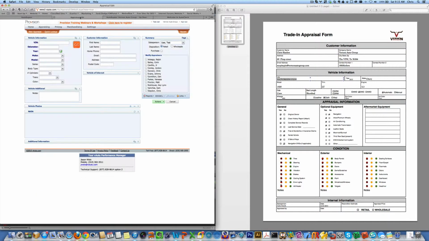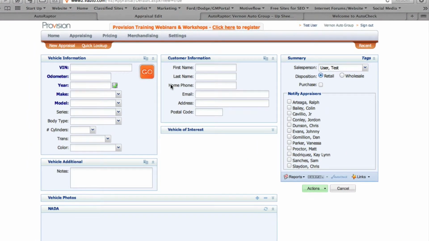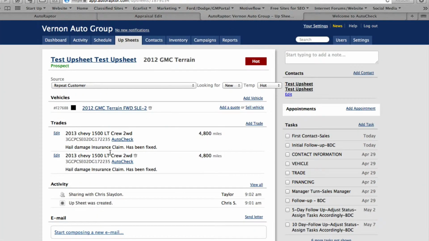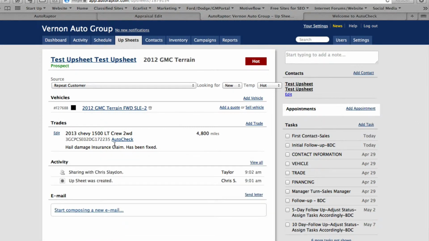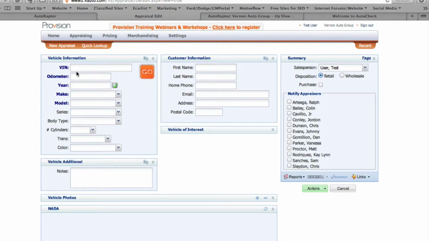So when you open up your vAuto, you're going to have a tab just like this. So the VIN, again, since we've copied the VIN, we've got it in two places now. We have it here on the up sheet. Let's delete that and clean it up. Don't know why I doubled up. We have it here on the up sheet, and we have it in your trade appraisal form. So let's get the VIN, put the VIN number,